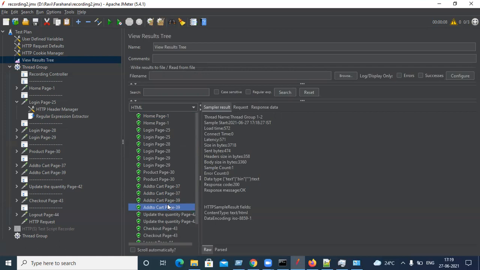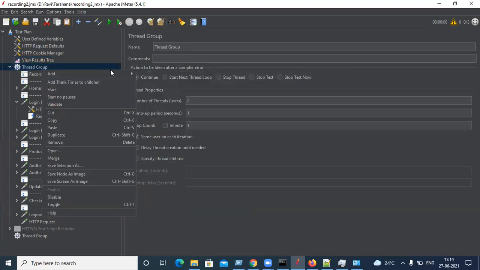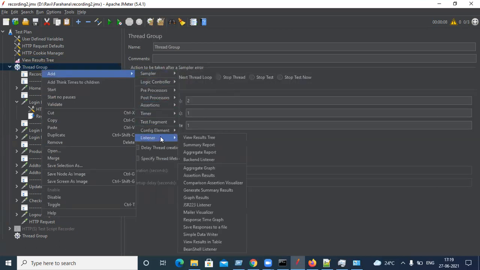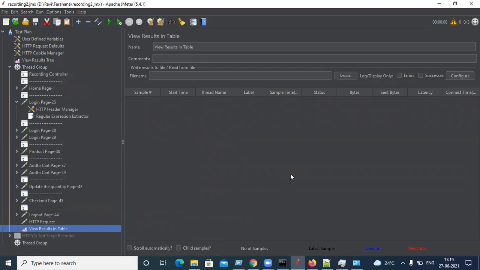Now we have a lot of requests here, so everything should be doubled. If I want to know how many in total, I can't get the details; I need to calculate manually, 1, 2, 3, 4, like this. I don't know how many total requests were triggered. To know that, we have one more listener: add listener, resource table, which will give us the total count, number of samples. So let's clear and run again.